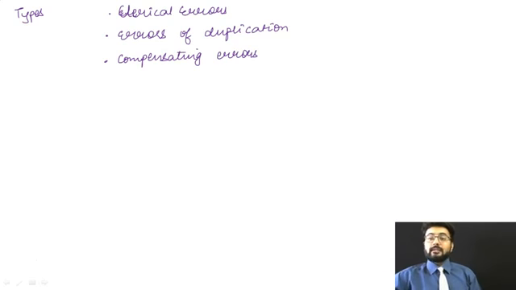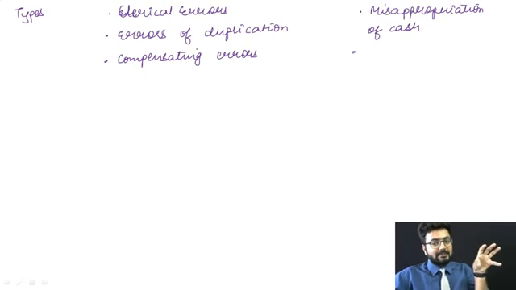Now, what was over there, which was a fraud? Fraud can be so many things. Fraud can be misappropriation of cash. That means cash was used at some places which were not known. You were saying that yes, I have taken the cash from that person amounting to 1 lakh, but that cash was 5 lakh rupees. So that is misapplication of cash.